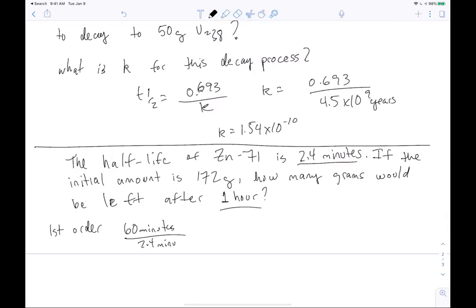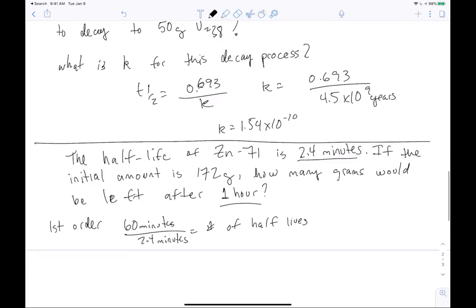And divide it by 2.4 minutes. This is going to give us the number of half-lives that this thing goes through over the course of 60 minutes. So 60 divided by 2.4. So it's 25 half-lives. Then if we want to figure out how much is going to be remaining,